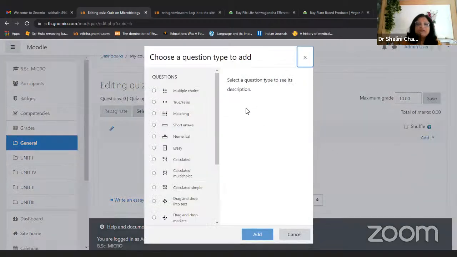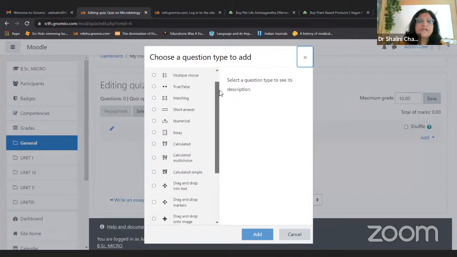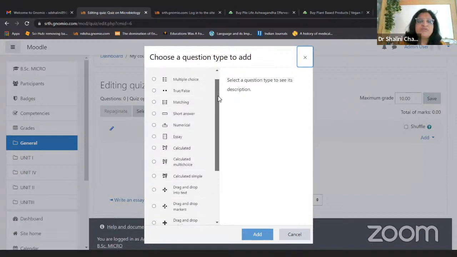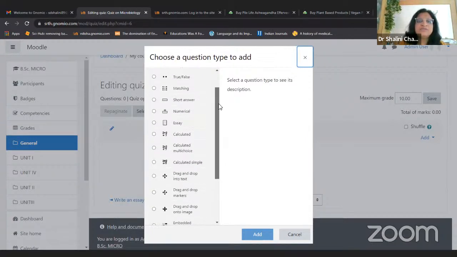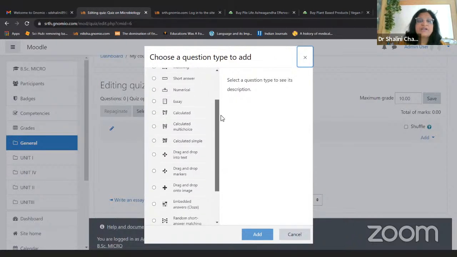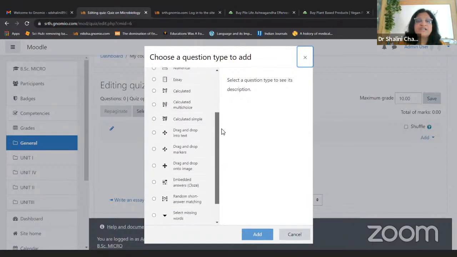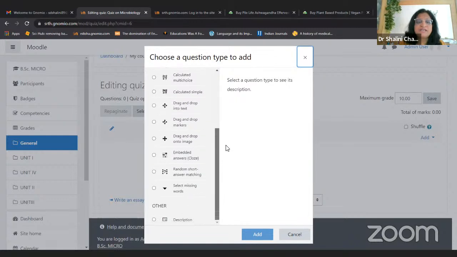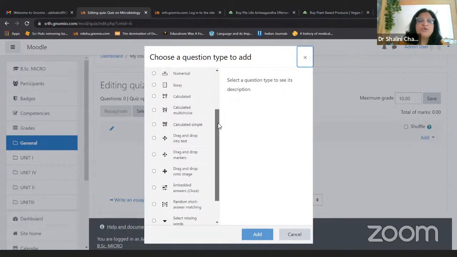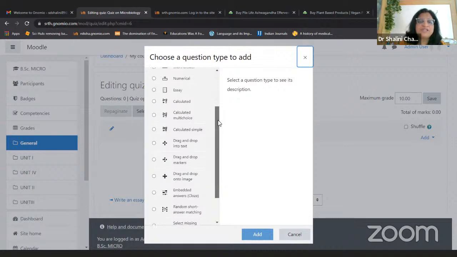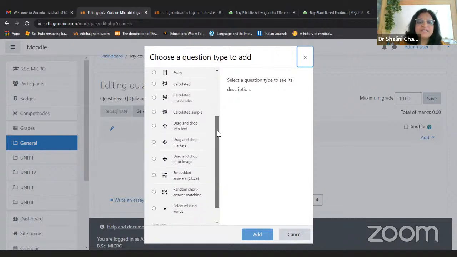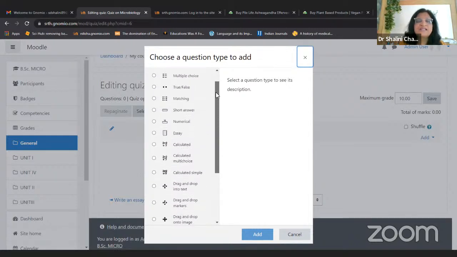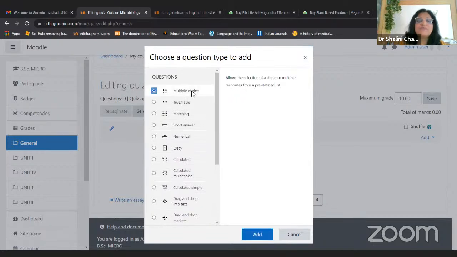So now here we have so many options. You can add multiple choice, true or false, matching, short answer, numerical, essay, calculated multiple choice, calculated simple, drag. So many things are there. These are useful for the people who teach mathematics. For them, this is very useful. Embedded answers, then random short answer matching, select missing word, like fill in the blanks. So if I choose multiple choice,